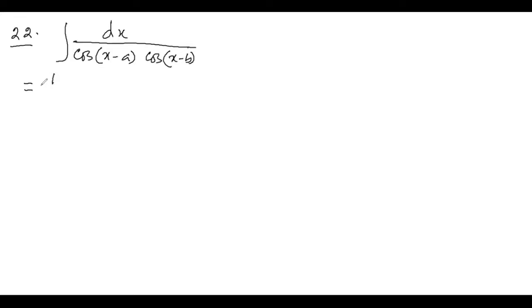One thing you listen: we write it as multiplied by sine of a minus b. Sine of a minus b, where a is constant and b is also constant, so sine of a minus b is also a constant. Here you have to write sine of a minus b. If you write it, these two cancel in the denominator, but this sine of a minus b we will write another way: x minus a minus (x minus b), with a bracket.